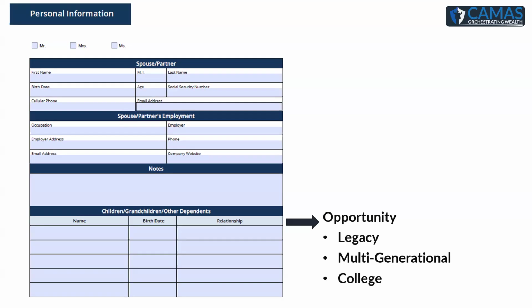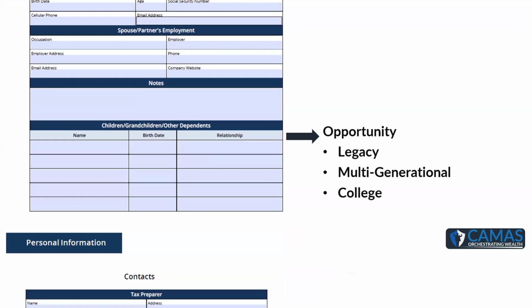Are they building something that's multi-generational? I find a lot of people, as they get married, they're young, have a hard time seeing multi-generational planning. They don't even have kids, so they're not ready to think about the next generation versus multi-generations. But start looking at how the family structure is. Are we building for college or legacy? With all of that future planning, at least we can put the seeds in place that might be part of their future planning.